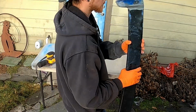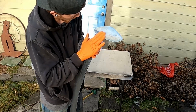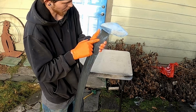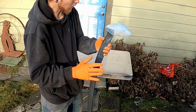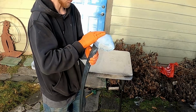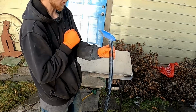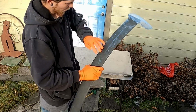Okay, so I'm not quite done, but I got all the blue off, and it kind of sucks because there's not carbon fiber under here like this, and this is not a wrap, at least from what I can tell, but not the end of the world. I gotta get a new piece of sandpaper. I have to get the rest of this blue off here, kind of get in through this corner here,